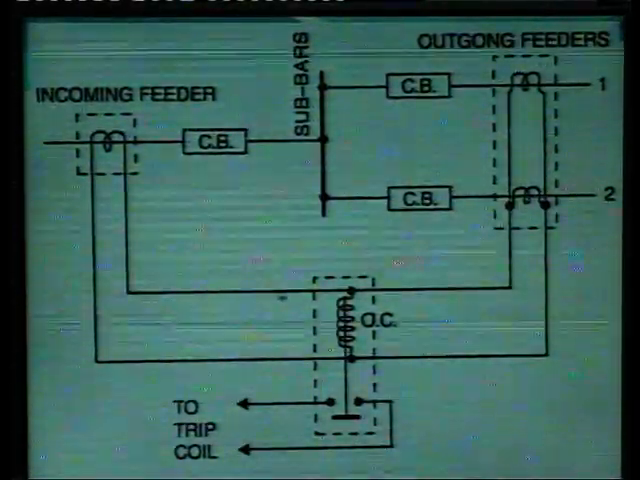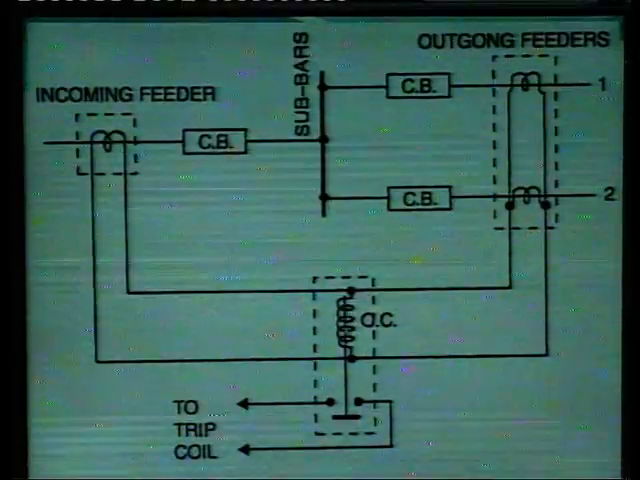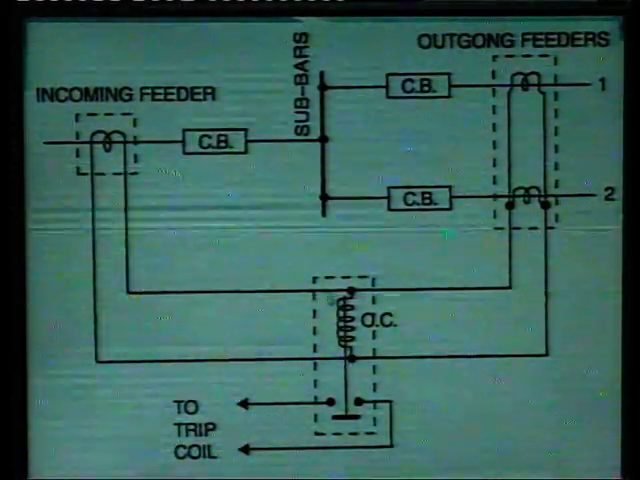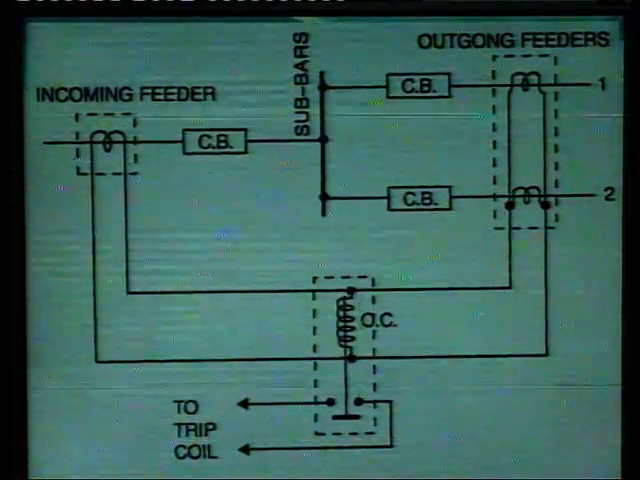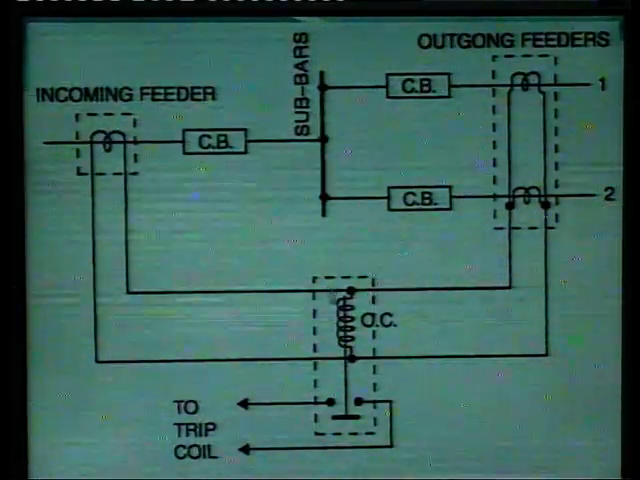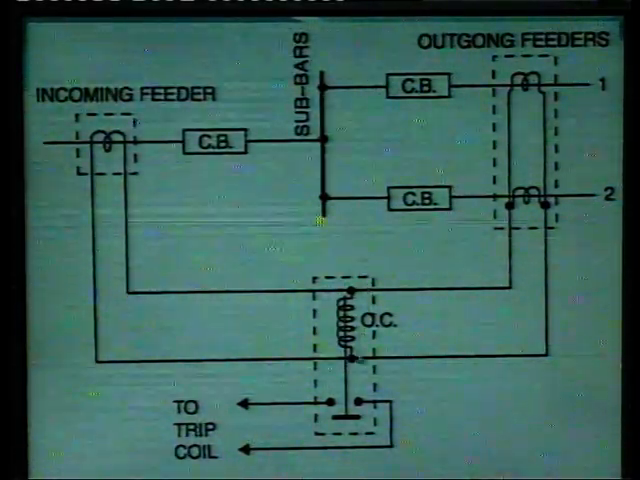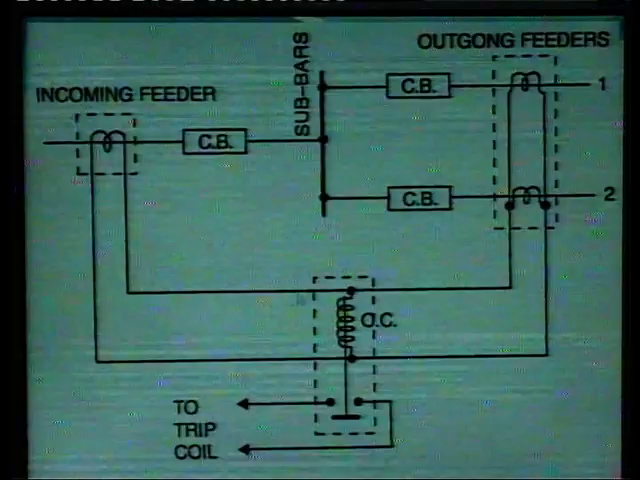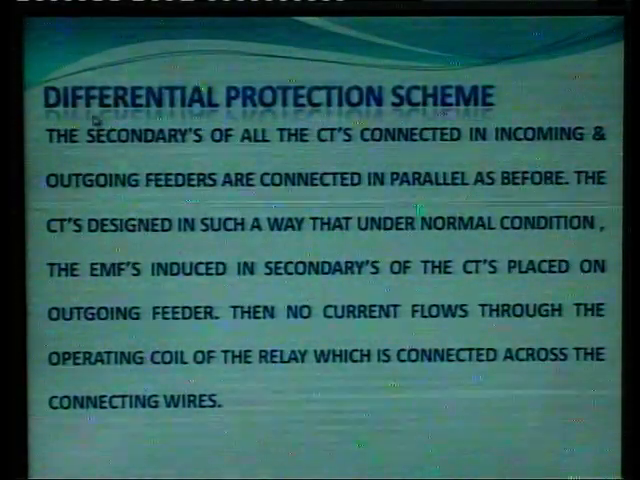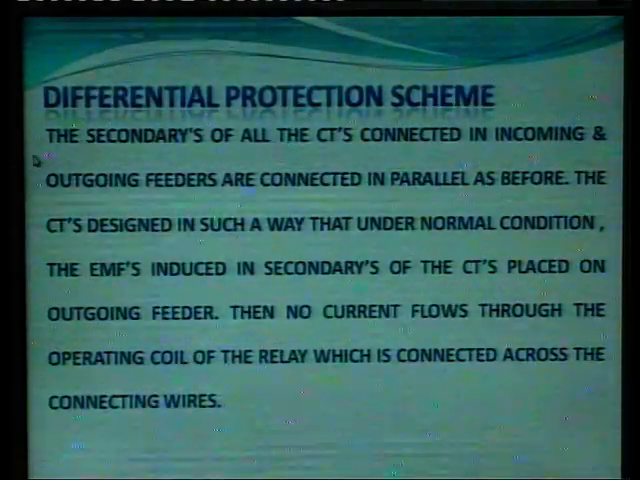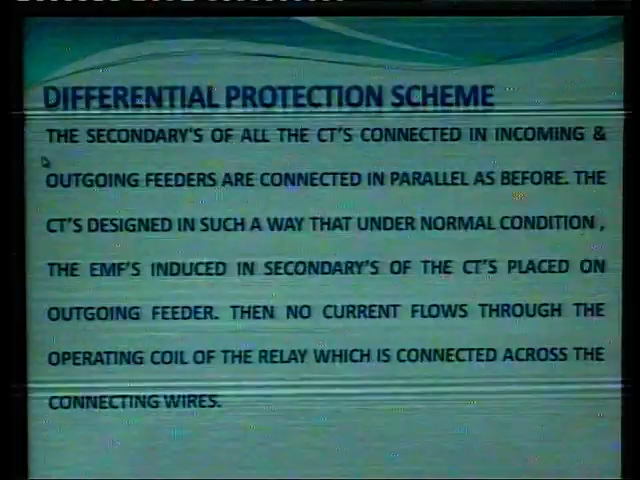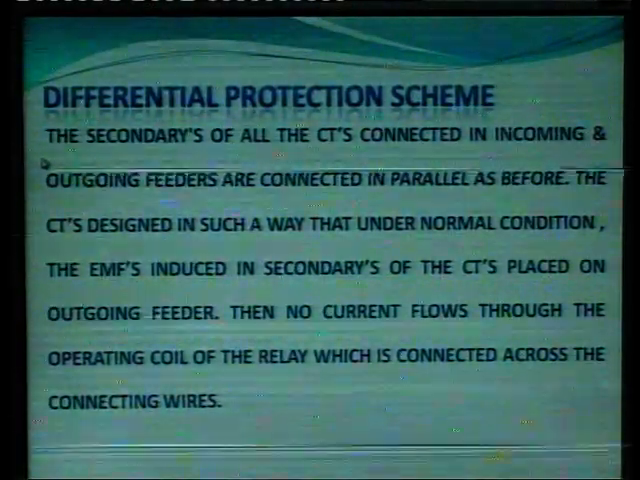Now, between this secondary we have connected the operating coil, or you can say a relay coil, which will trip if there is any difference between the current, that is the incoming current and the outgoing current. So, see, differential protection scheme: the secondaries of all the CTs connected in incoming and outgoing feeders are connected in